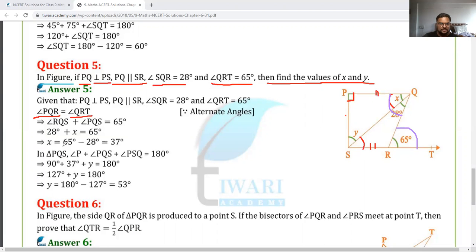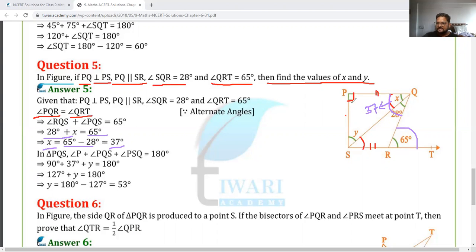So we'll equate these two. Doing so, we'll get the x by bringing this 28 to the other side. 65 minus 28 will give you 37. So you obtain the angle x as 37 degrees. And as I said,